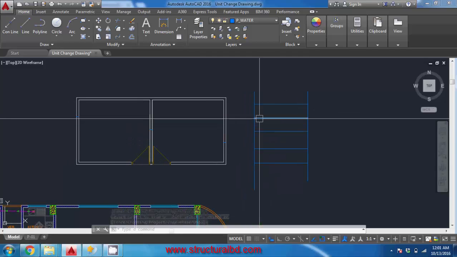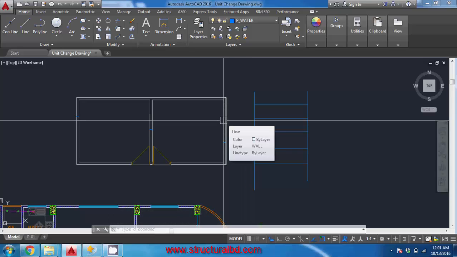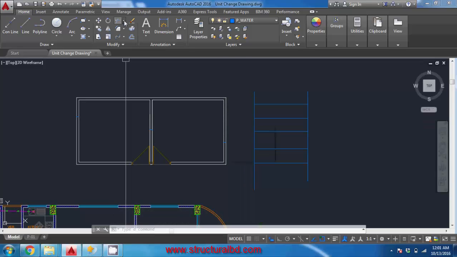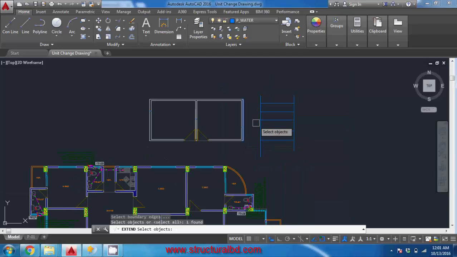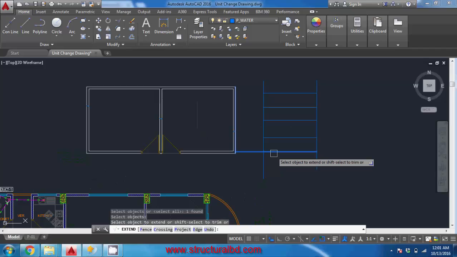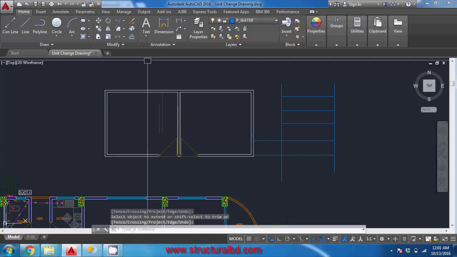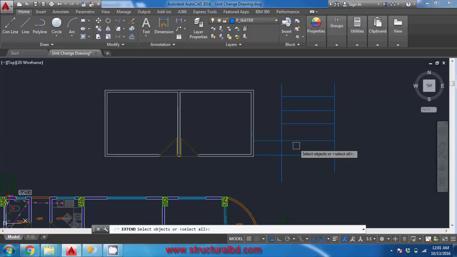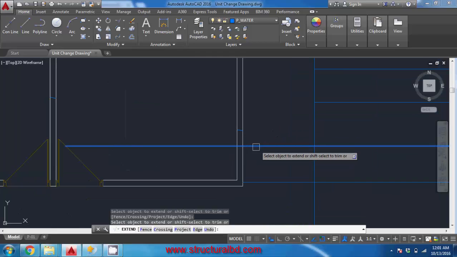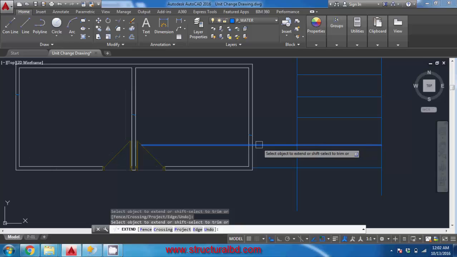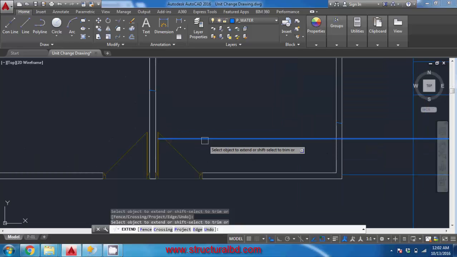If I want to extend this line to this portion, I can also do that manually. So go to the extend command, and it is also asking to select objects. Say I want to extend all these lines to this portion, and enter. And now if you click the line that will go up to this, enter. Again go to the extend command and enter. Now if you click here, it will go to this. If you click next time, it will go to the next connecting point, and if you click another time, it will go, and this way it will go until